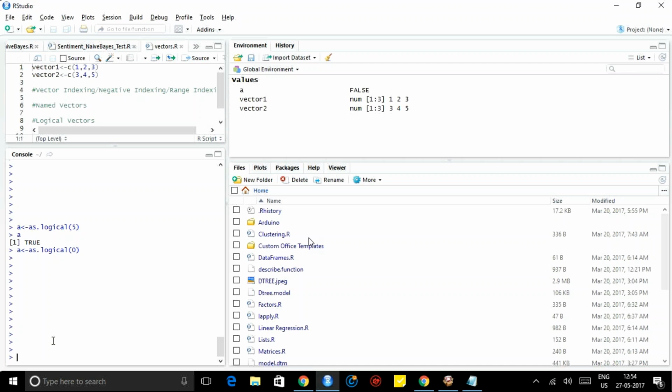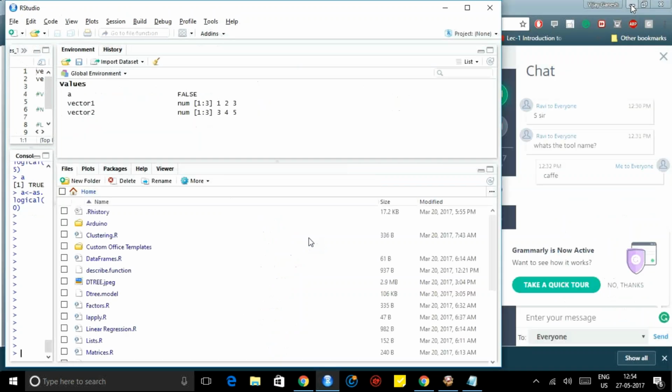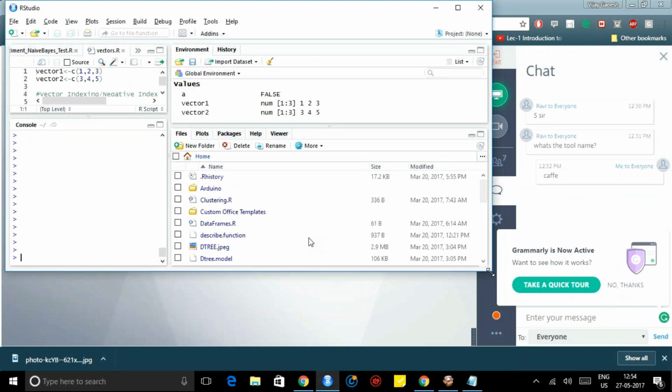So I was about to tell the difference between numeric and integer data. It is same as float, but always when you declare a number, it will always be numeric. Now you can see that.